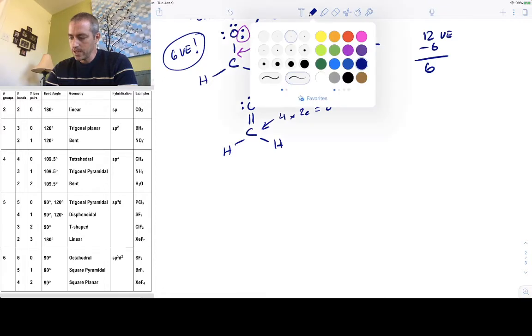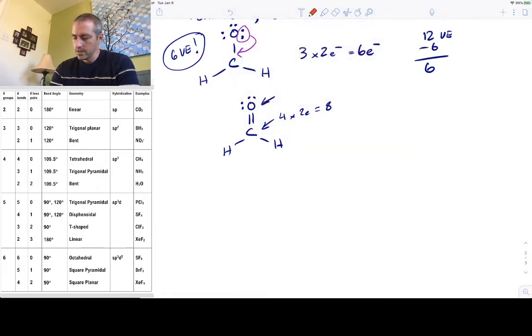Next up, check our formal charges. First, hydrogen has 1 valence electron minus 1 bond minus 0 unshared electrons is 0. Carbon has 4 valence electrons minus 4 bonds that it's currently making. Double bond counts as 2. Minus 0, there's no lone pairs around that carbon, gives us a formal charge of 0. And now the oxygen,